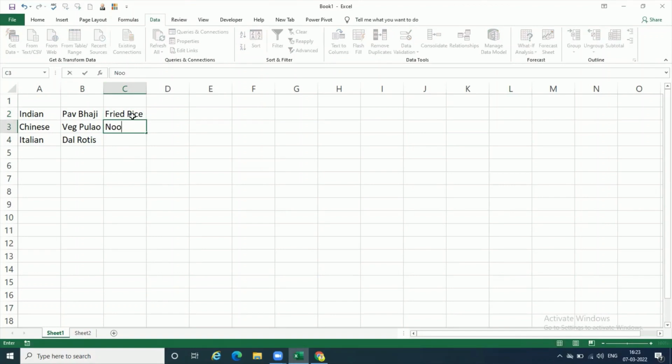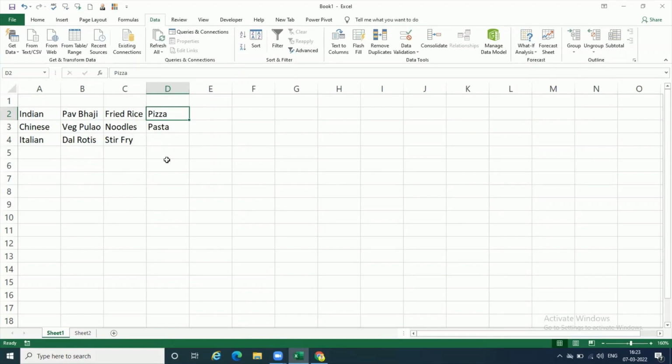I'll explain to you why I'm doing this. I'm doing this because I am creating groups. This is one group of data. This is the other group of data. And this is my third group of data. 1, 2, and 3. Whenever you are creating a drop down along with a dependent drop down, it's very important to understand in which way the data is supposed to be typed, because based on that our drop down functionality